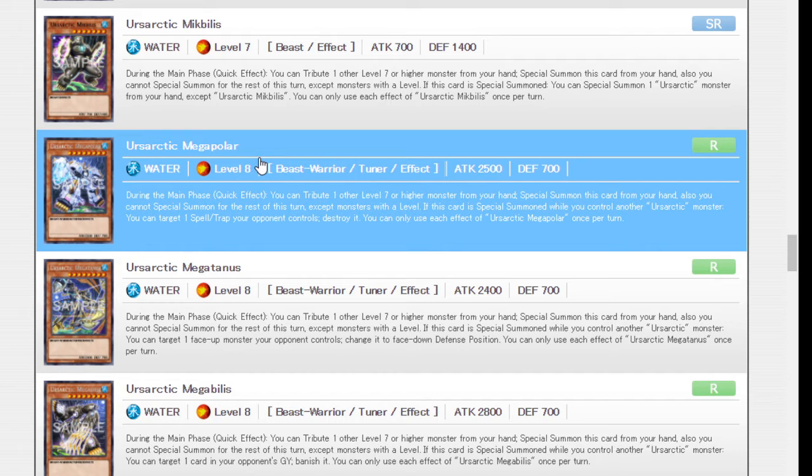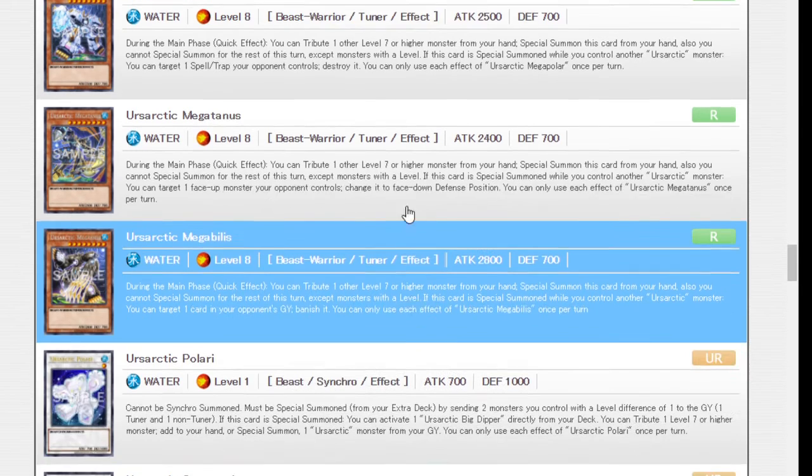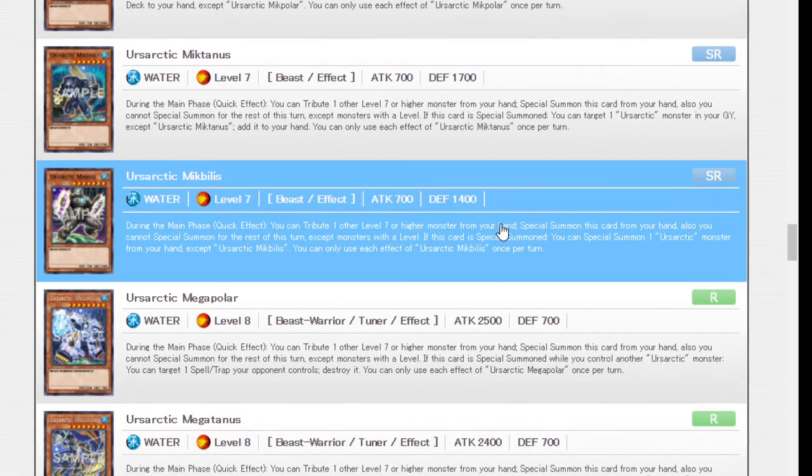This is Space Bear Mega Polar, Water, level 7, Beast Warrior Tuner effect. 2,500 attack, 700 defense. Same thing, quick effect. You can tribute a level 7 or higher monster from your hand, special summon this card. And if this card is special summoned while you control another Space Bear monster, you can target one spell or trap your opponent controls, destroy it. That's good. Now we're getting somewhere. And it looks like none of these cards...